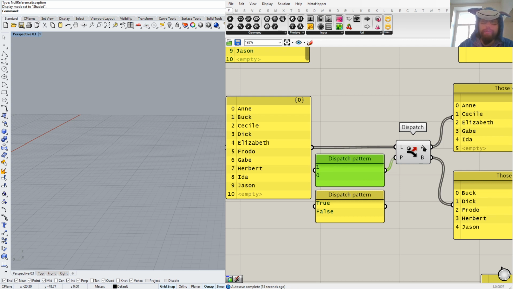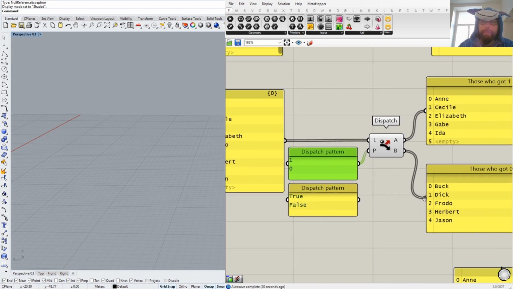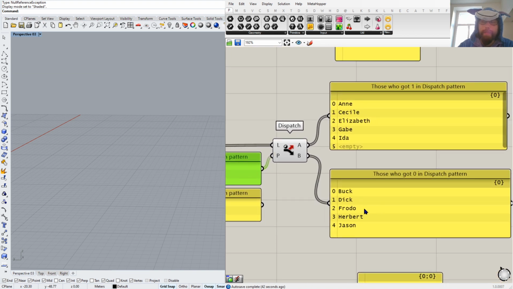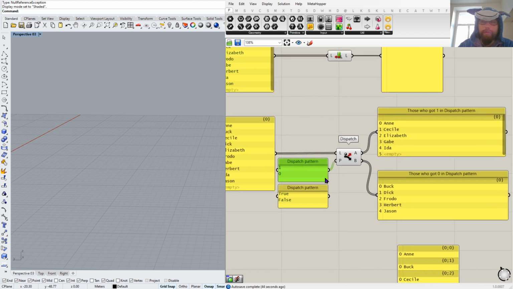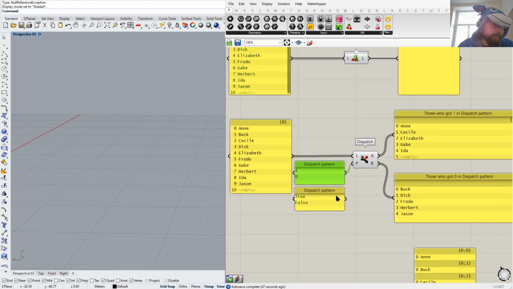So that's why she goes into the A output. And then Buck, because he's second, he gets the 0. That means false, and he goes to the B. And this is how you can separate even and odd things, which is very useful. In many cases, this is very useful. I mean, like doing constructions, you want every second piece to be connected to every, I don't know, third thing. So there are many cases when it's useful,